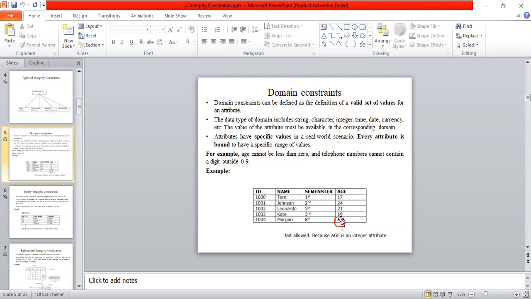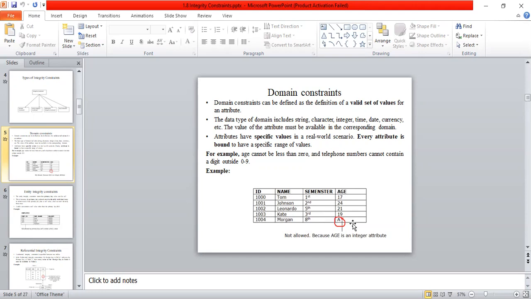Please observe, the ages are 17, 24, 21, 19, no problem. But for the ID 1004, the age is capital A. What is the meaning of capital A? This type of problem is related to the domain constraints. How will we rectify this type of problem?